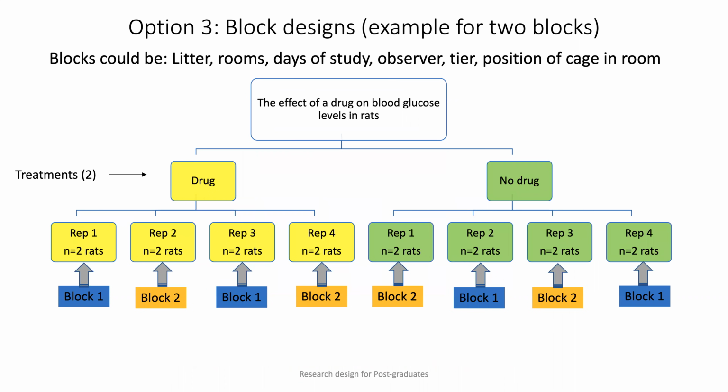The block design adds an extra element to this, and that is that it allows you to sometimes control for additional factors, like where in a room you keep your experimental designs, in what sequence, and how you randomize something. And it allows you to test, for each experimental unit, what other effects may have played a role in your data. And finally,